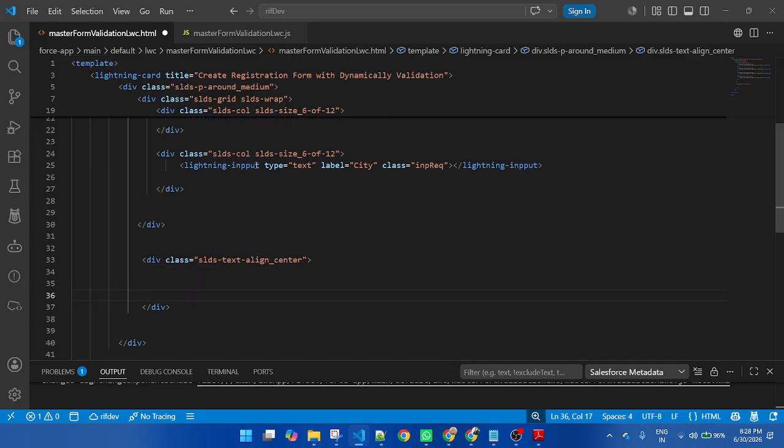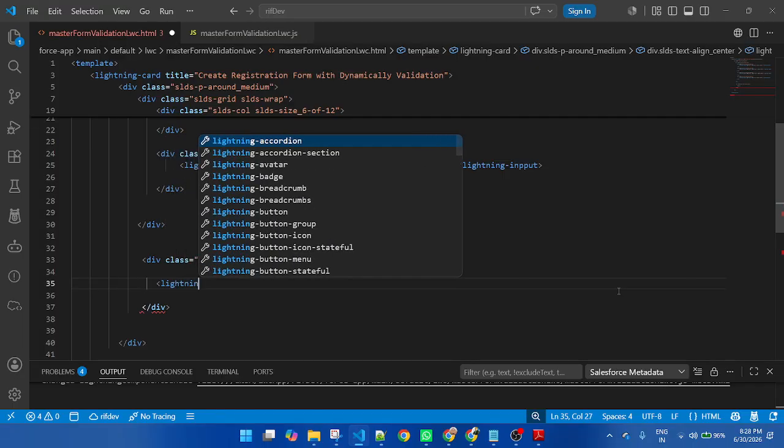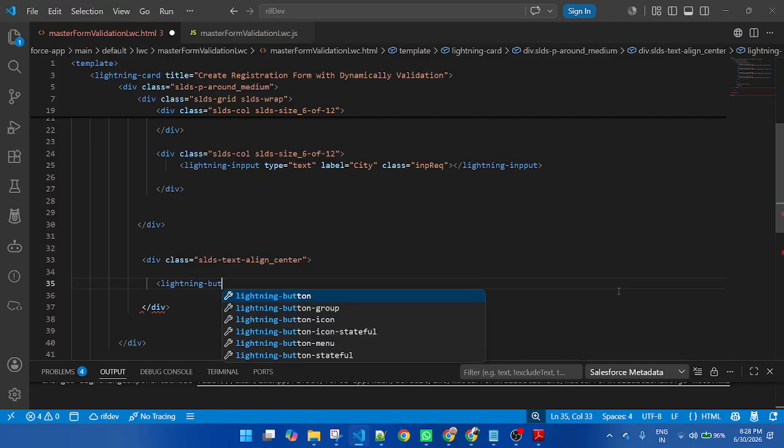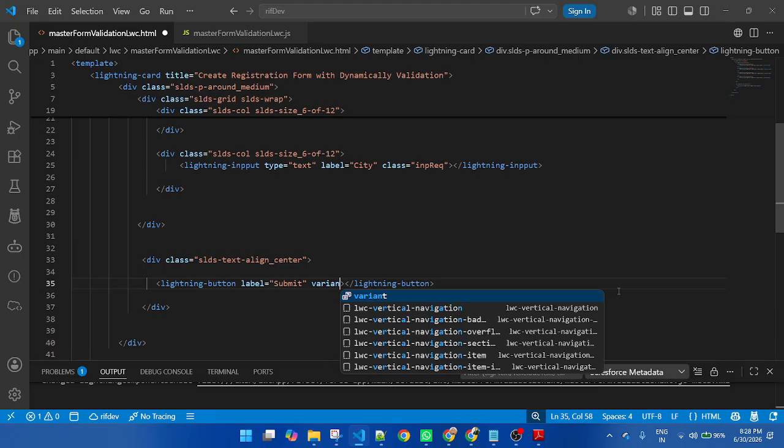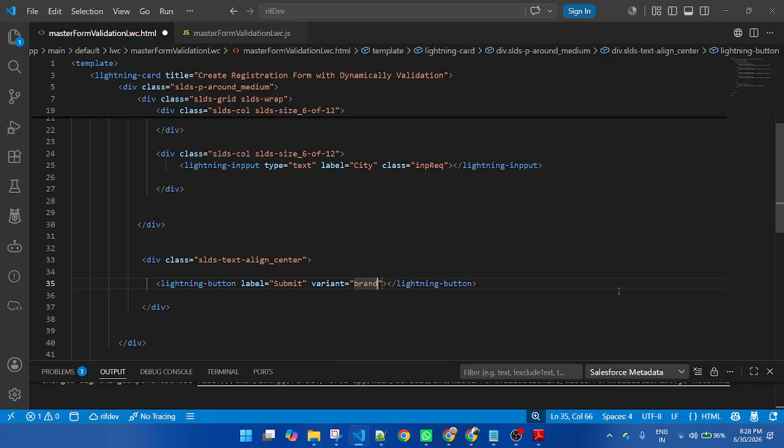Similarly, as I applied lightning input, here I will use lightning-button, and the label would be Submit. Then variant brand, okay. Then here I will apply the function later.